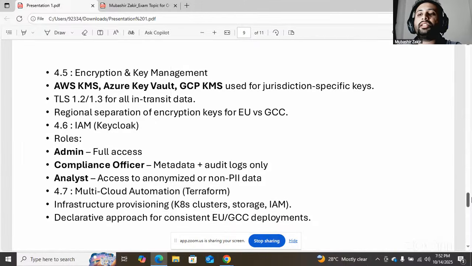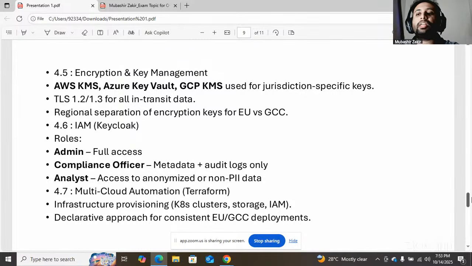Then we have encryption and key management. We have to encrypt our data, and for multiple cloud providers there is AWS Key Management Service, Azure Key Vault, and GCP Key Management Service, and they have jurisdiction specific keys. We use Transport Layer Security 1.2 and 1.3 for in transit data, and for data at rest, the key management service encrypts it.